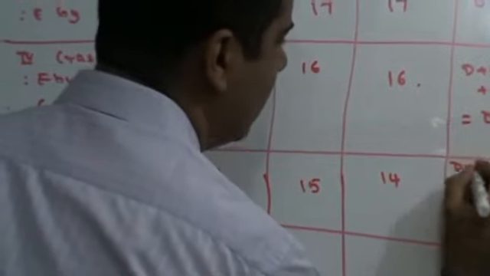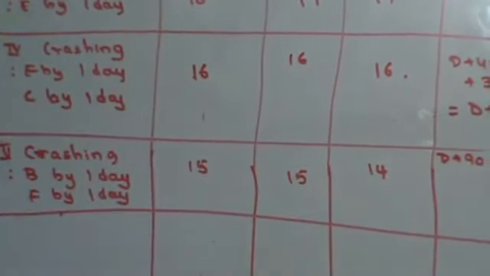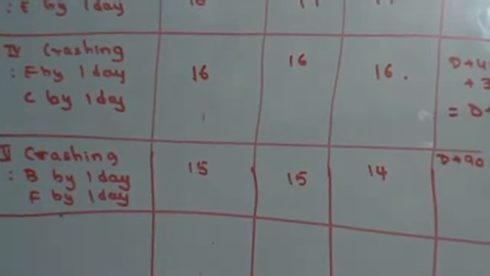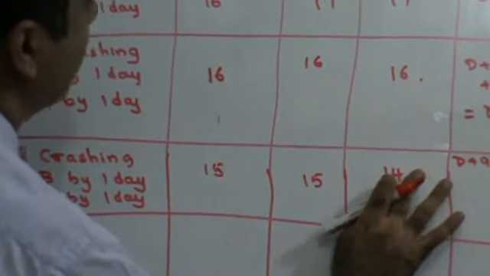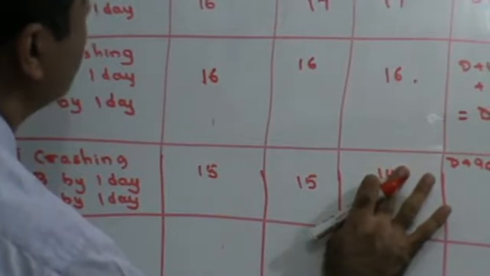Now, let's see the cost that is going to be involved. D plus 90. Now, you have to maintain the critical path, right? Critical path has to be maintained. Yes, critical path has to be maintained. So if I crash F,